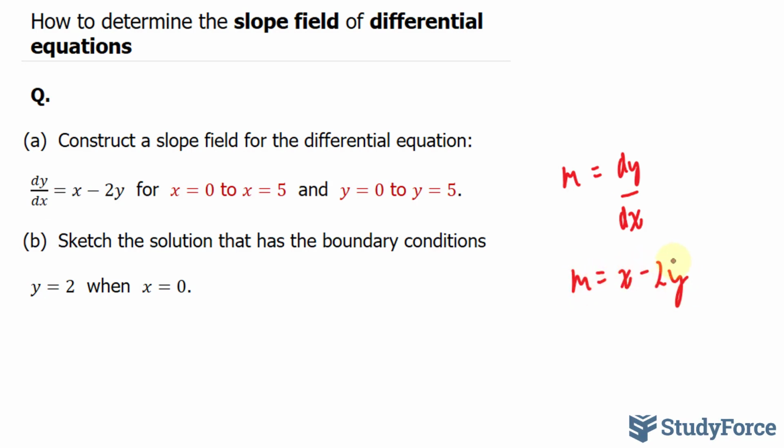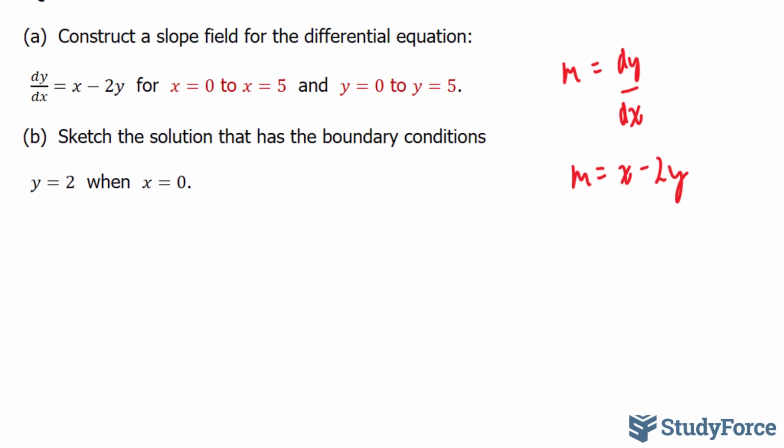Using this equation, we can now compute the slope at any point pair between the boundaries that they tell us. The graph of the slopes is called a slope field, but it's also referred to as a direction field or even a tangent field. So let's go ahead and compute the slopes between 0 and 5 on the x and y axis. Here's how to do that. And this will take a while, so I will show you the first few and then I will give you the automated results afterwards. So we have at 0 and 0,